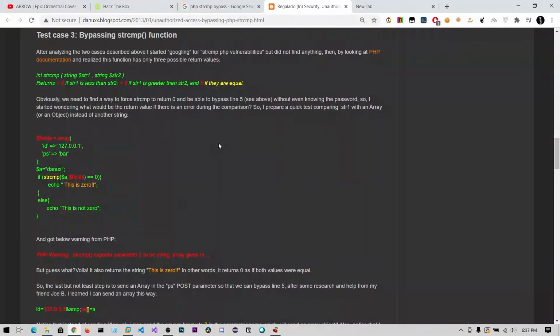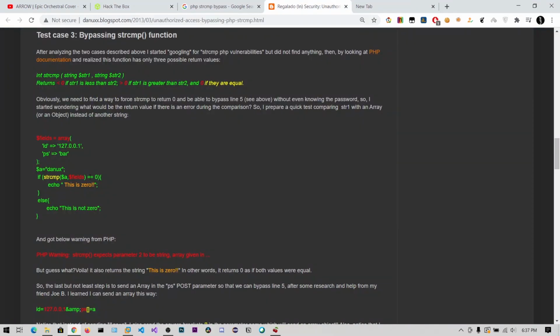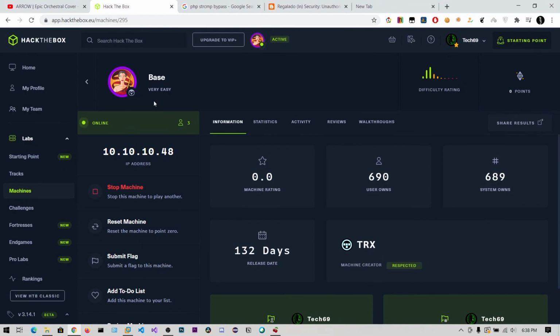So you can see a single vulnerable PHP comparison can lead to whole system compromise. So that's why what you can do is use triple equals. That means it will also check the variable type comparison. So it should be of a similar type, and then also it should be equal. So this double equals leads to a vulnerability that leads to whole system compromise. So that's all about this box.